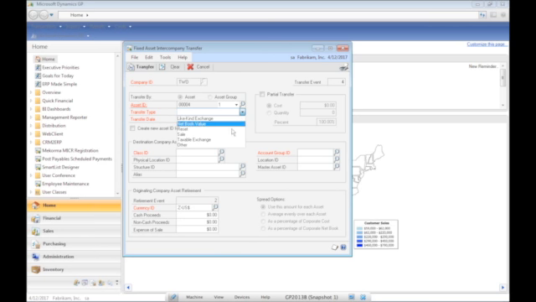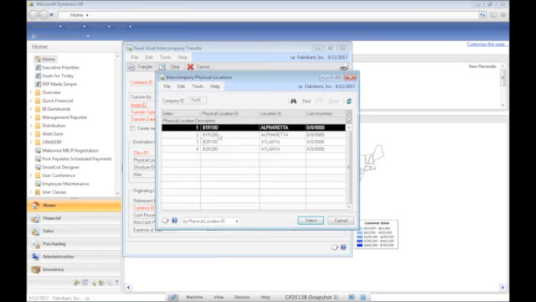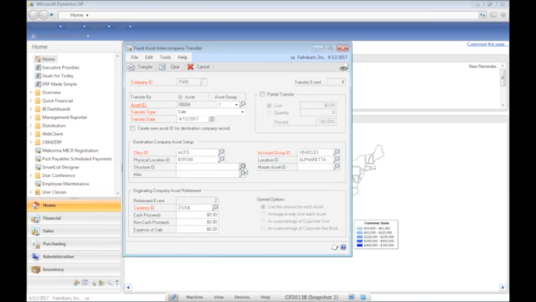So I can do just a net book value transfer, sale, taxable, whatever it is. So I'm going to make this an arm's length transaction. I'm going to call it a sale here. So in my destination company, here I want this to go over to auto. And I'm going to have it create a new asset. I'm going to leave the same asset ID here. Give it my location. And then down here, if you're retiring, with the cash proceeds or anything like that,